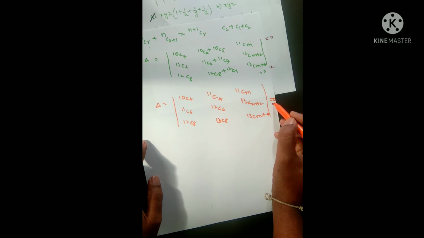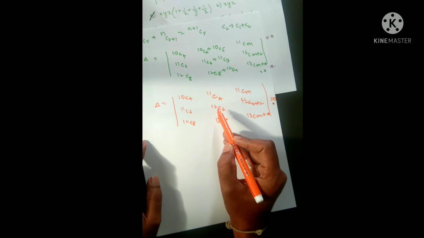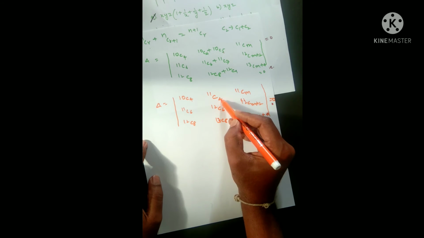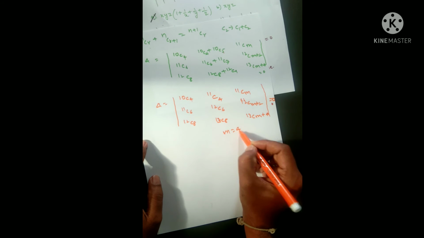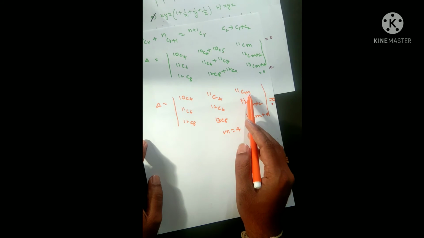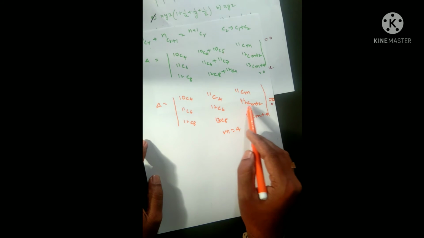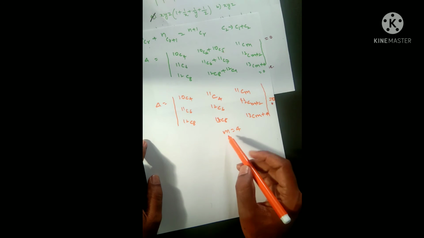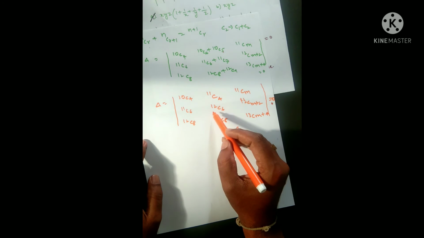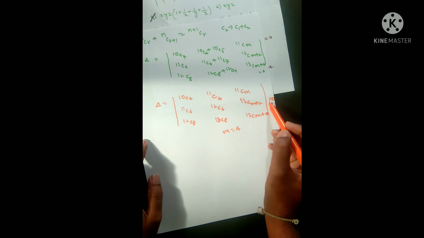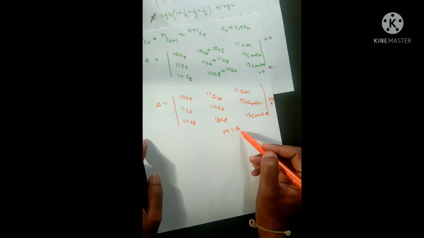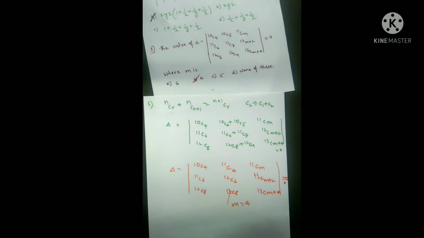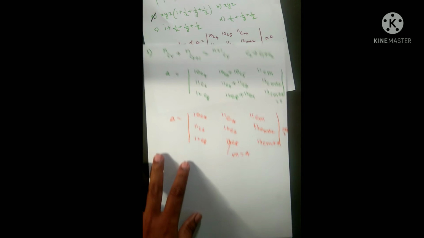Okay? When this value is 0, when two columns are identical, when m value becomes 4, the columns 11C4, 12C(4+2), 12C6, 13C8, if m equals 4, then the two columns are identical, and only then it becomes 0. Therefore, m value is equal to 4. That is, m value is equal to 4. Now, let me move on to the next one.